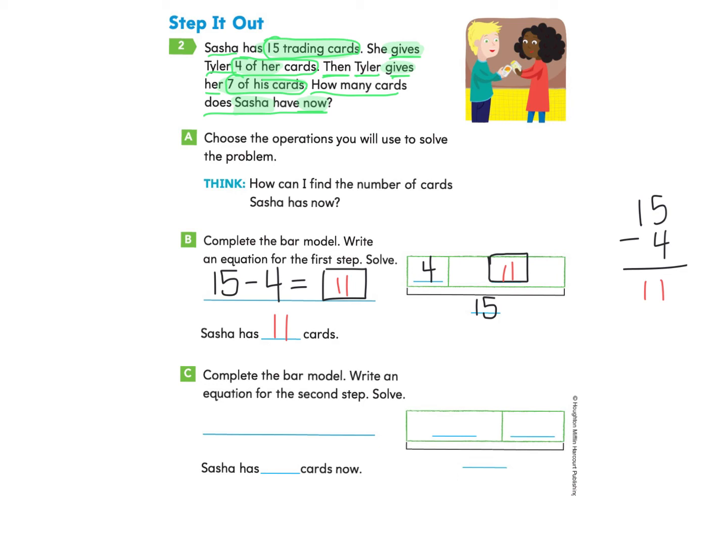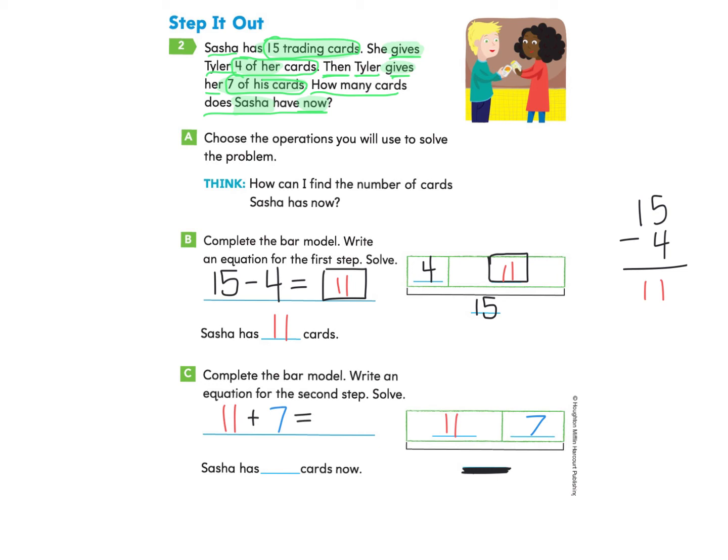So we know that Sasha has 11 cards. So here's her 11 cards. And then Tyler gives her 7 of his cards. So he's going to now give her 7. And what we don't know is what is the total of cards that she has now. So we're making an addition equation. We're taking the 11 and we're adding 7 cards to the 11 that she has to find out what is